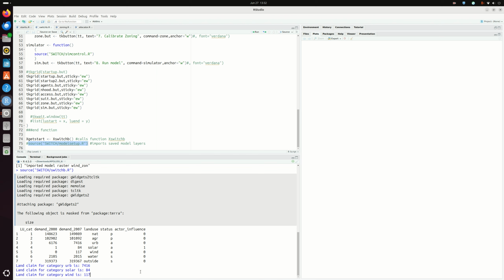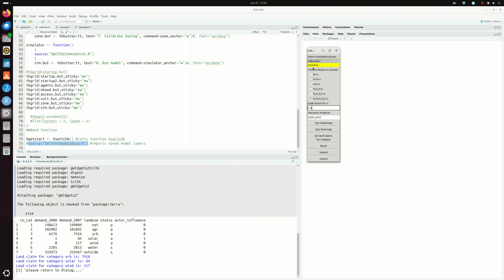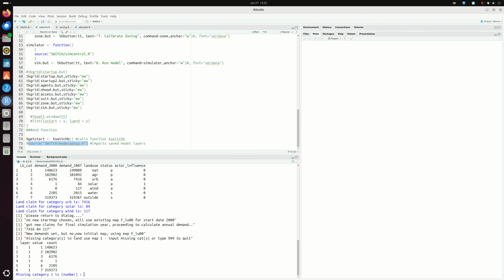as we've gone along. Okay, and so those are the three, you see marked here with A, the three active land use maps, one of which, solar, is influenced by the active behaviour that we set. Okay, so there we go, that's done, and it reminds us that we need to return to the dialog, and nothing happens here until we press submit. Okay, so every time we change something, we need to press submit, because now we're going to submit. Okay, so this is where it has a look at the maps, and it realises that actually the